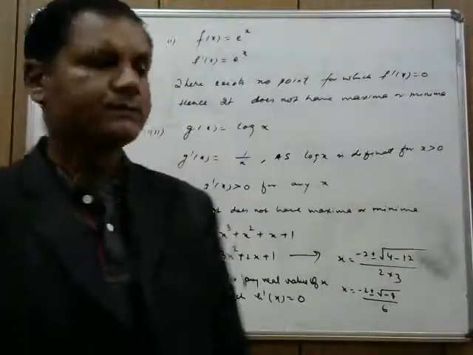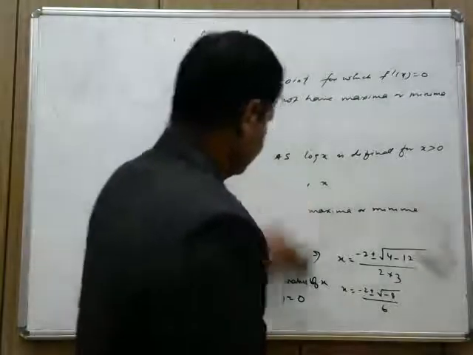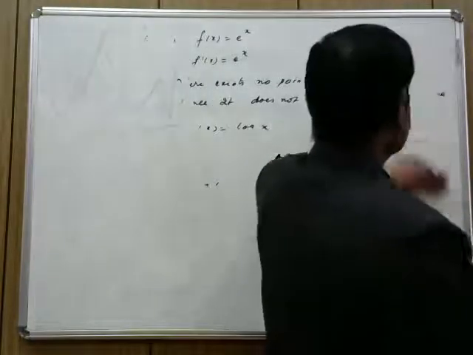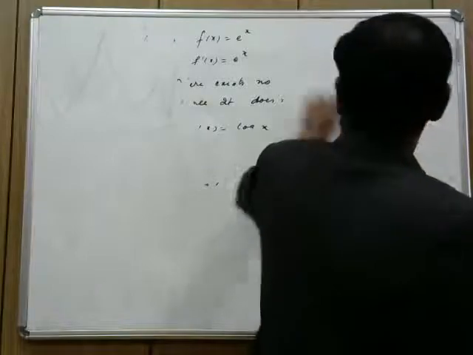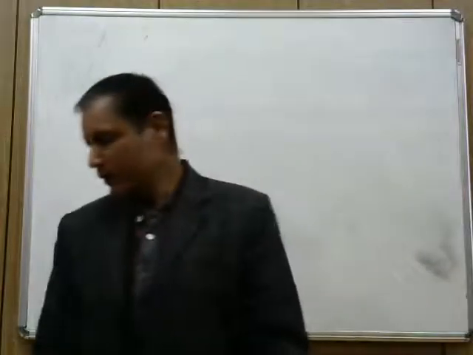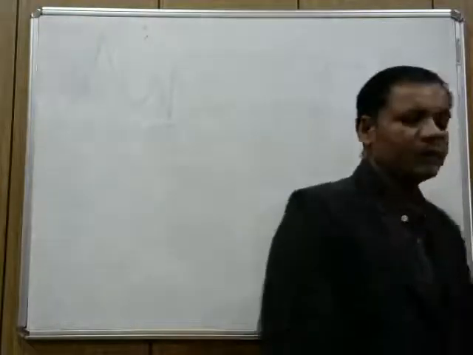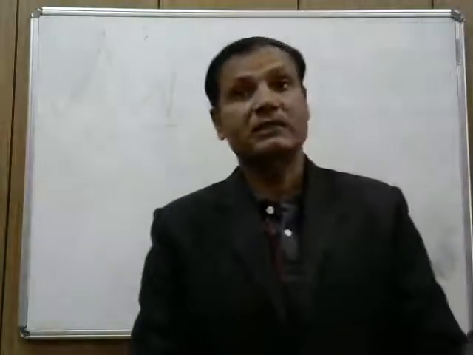Now, question number 5th. Till now I have discussed and tried to find the local maxima or local minima. You also know that there can be more than one point of maxima and more than one point of minima. Now this is question 5th. We are discussing finding the critical points and finding the absolute maxima and absolute minima.